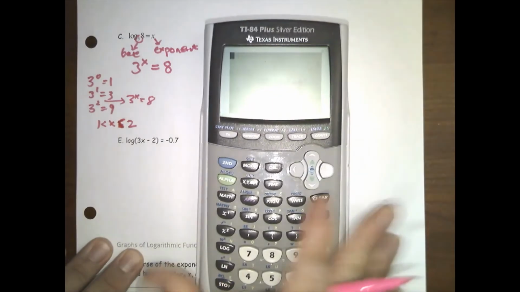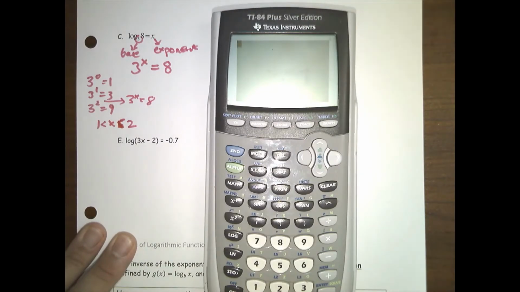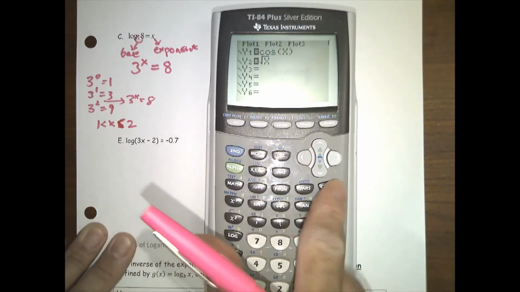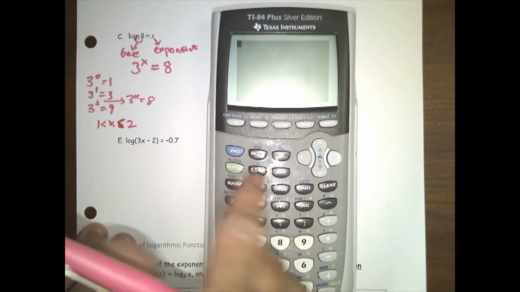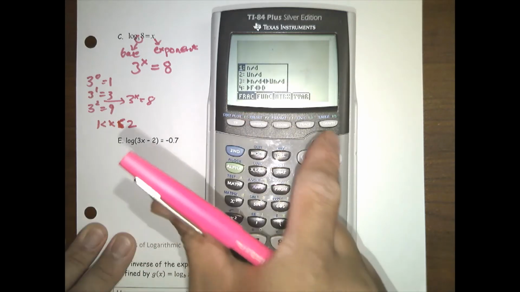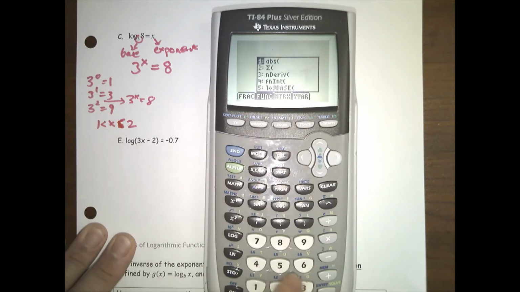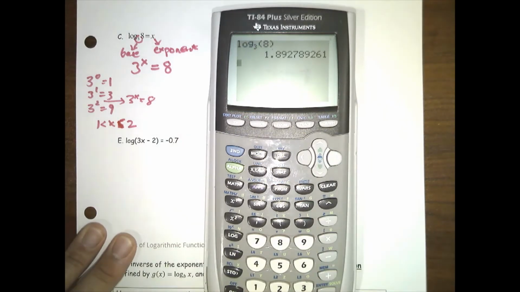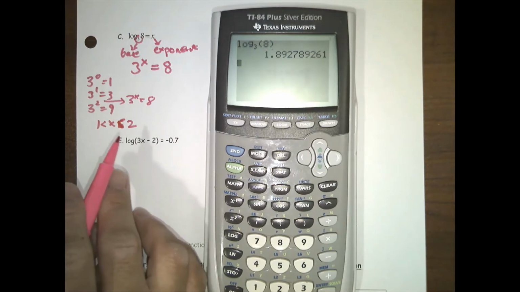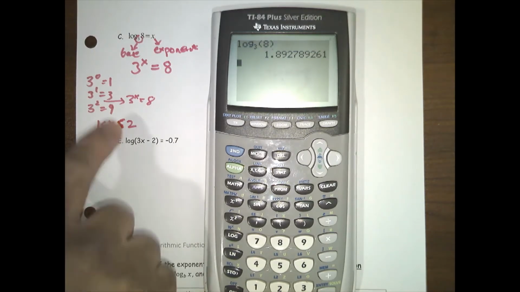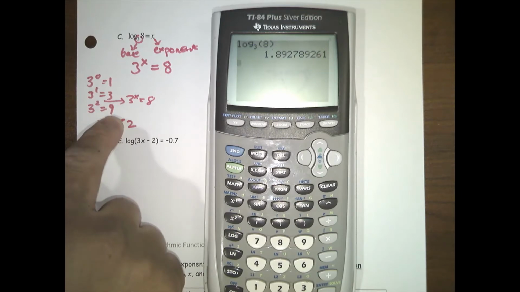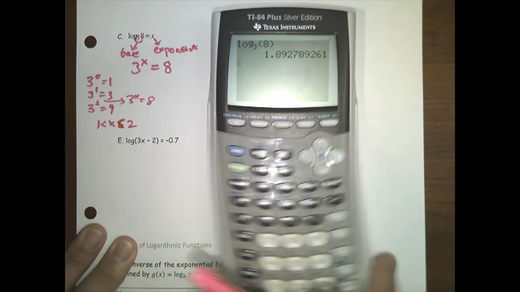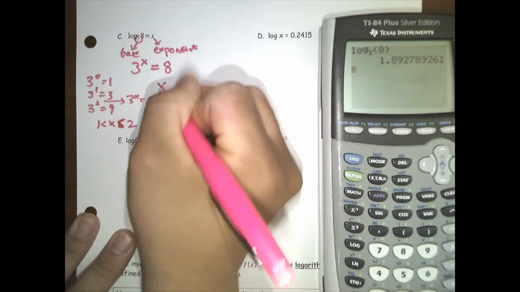And one way to do this would be if your calculator has logs with different bases on it, then you would just go ahead and do that. Like, where is it? Oh, number 5 here. So log base 3 of 8 would be 1.89, and I can see that probably makes sense because the 8 is closer to the 9 than it is to the 3. But I will say though that x then would be about